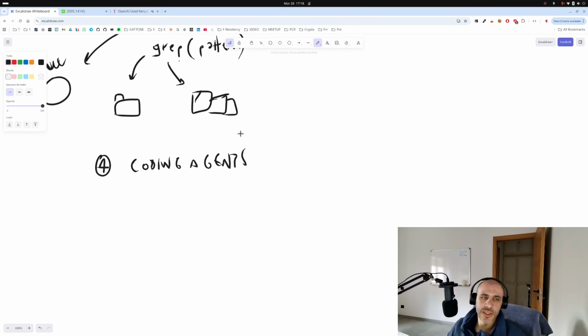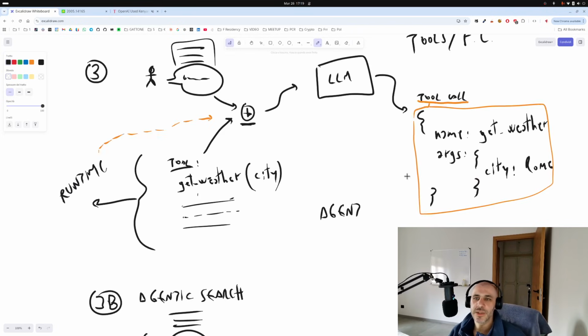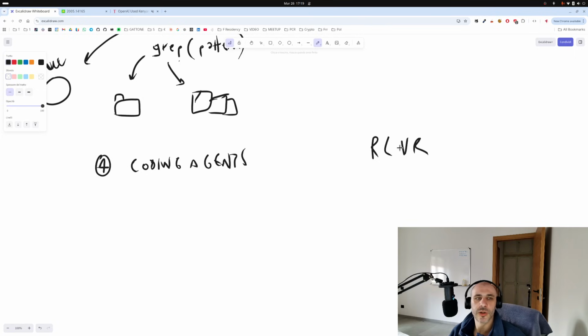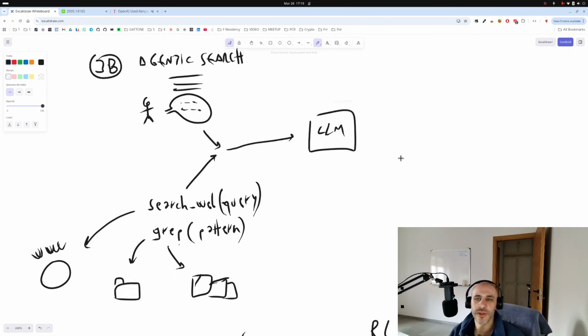The main unlocking for this kind of coding agents was reinforcement learning with verifiable rewards. This is another fine-tuning done on the model on top of the other fine-tunings.